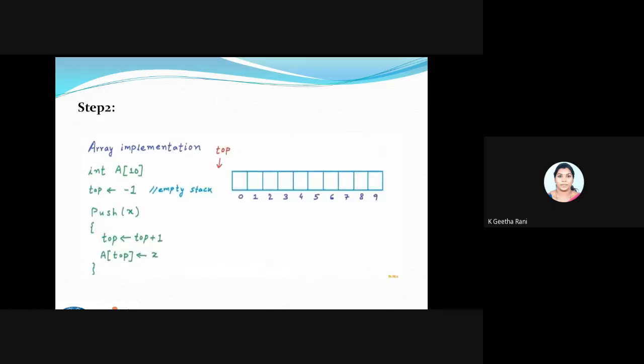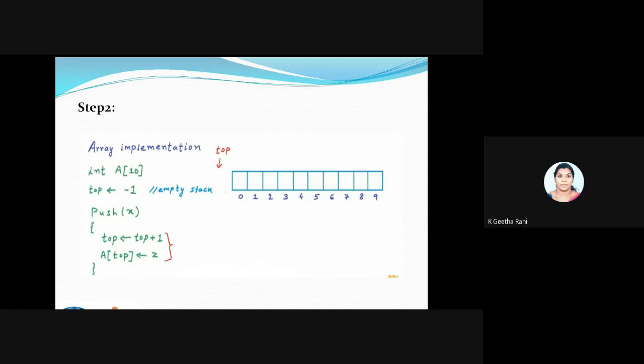After initializing my top as -1, I'm going to perform my push operation. Since I'm going to have a push operation, I have to give it as push of x, and this is the code for pushing the values.